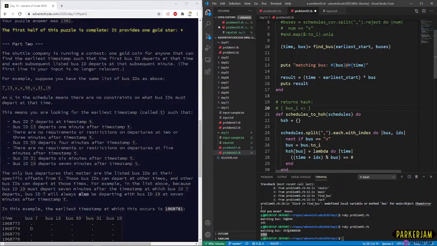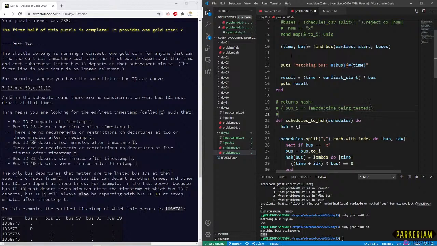Integer, and that maps to time being tested. True, false.